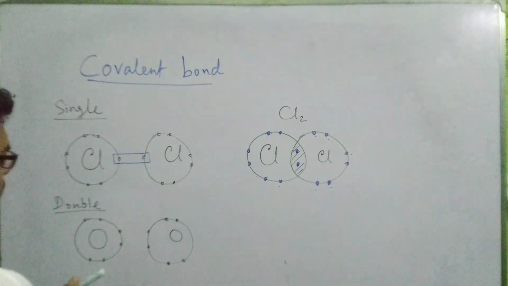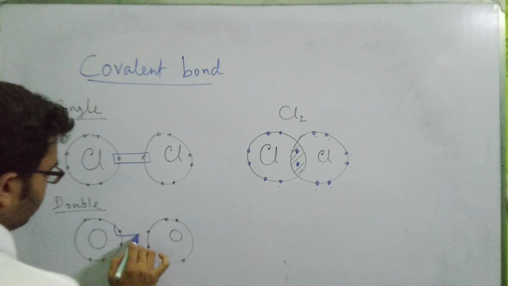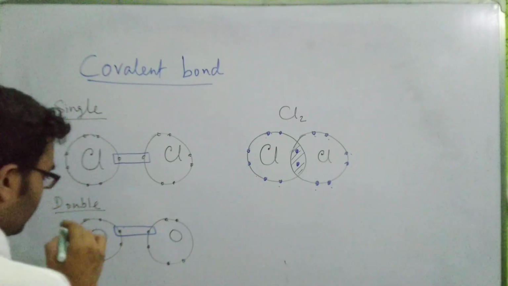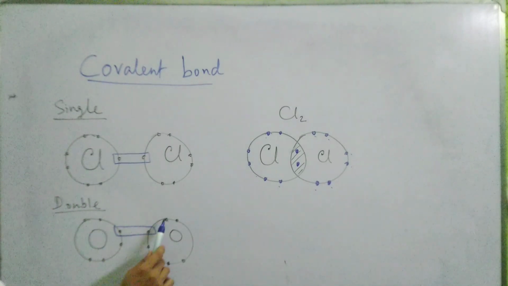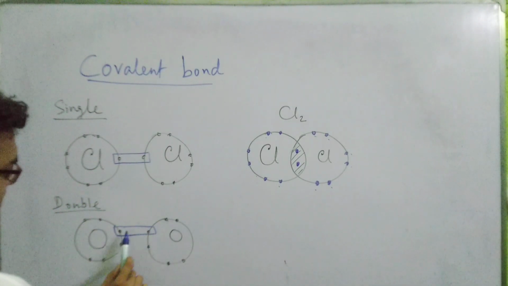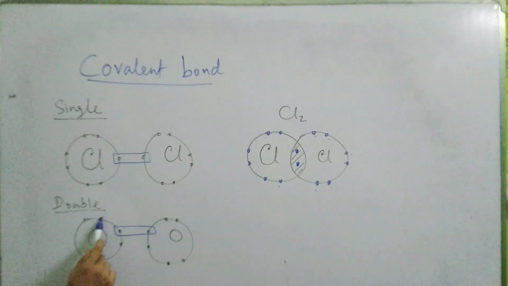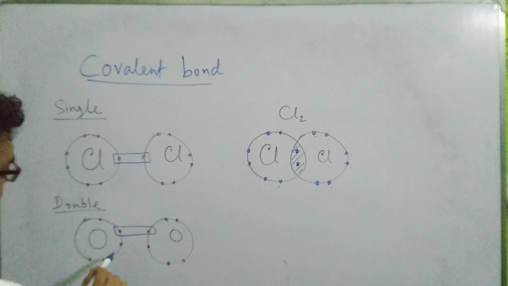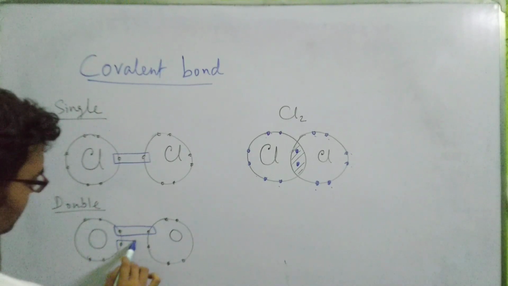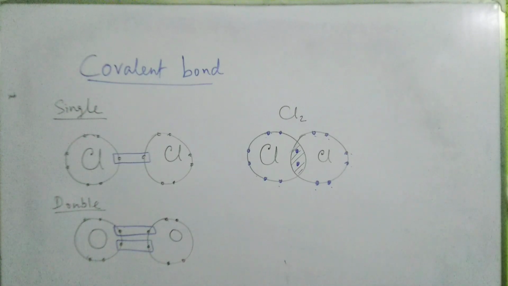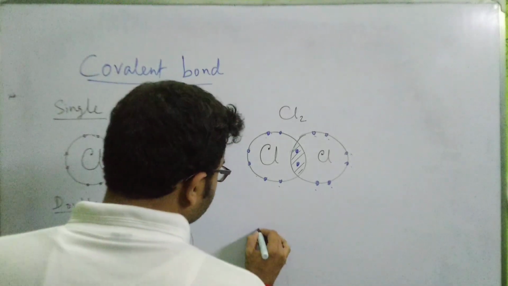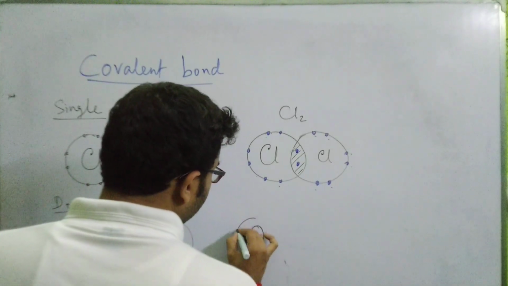Here both the oxygen atoms need to share. If they share only one pair of electrons, will they have 8 electrons in the outermost shell? No. Count it: 1, 2, 3, 4, 5, 6, and then 7. Here also 1, 2, 3, 4, 5, 6, and then 7. So they need to share another pair of electrons. Only then will they have 8 electrons. Remember, they are not giving away the electrons totally, they are basically just sharing the electrons. And in this way, now both the oxygen atoms will have